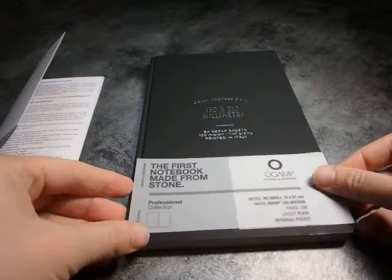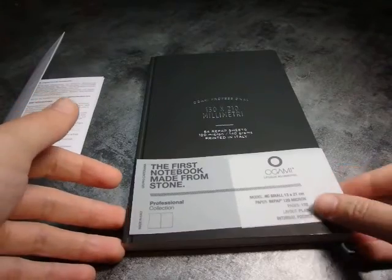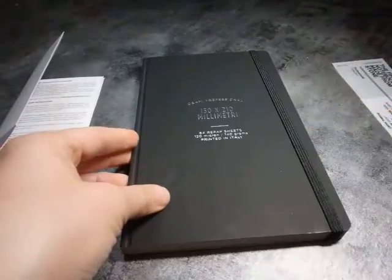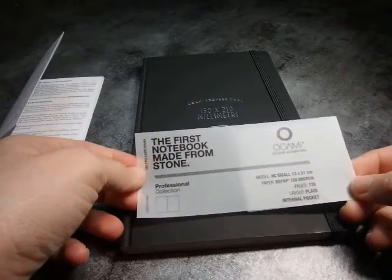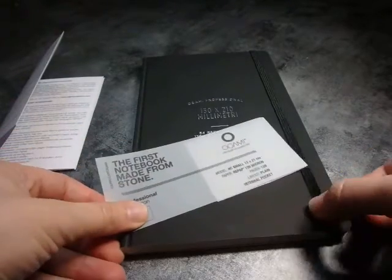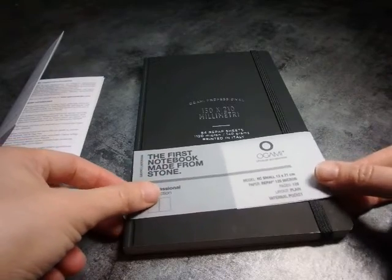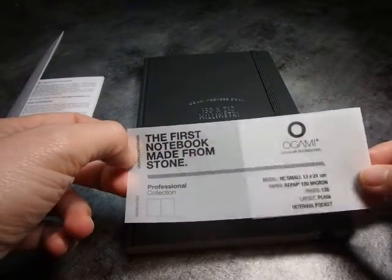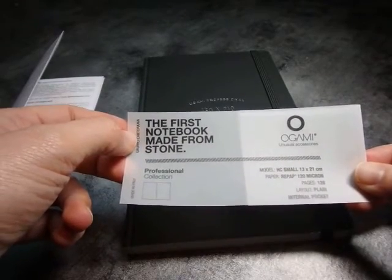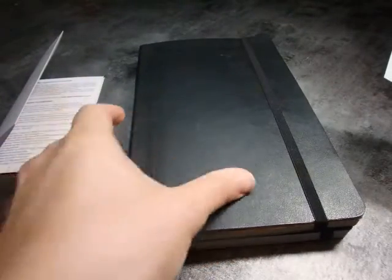Here is my review of this Ogami Professional notebook. So that's the way it comes, with this little paper on it, and it's called the first notebook made from stone, so that's something I could not resist. I wanted to try that paper and see for myself. So that's made by Ogami, Unusual Accessories, and it's the exact same size as a Moleskine, which is